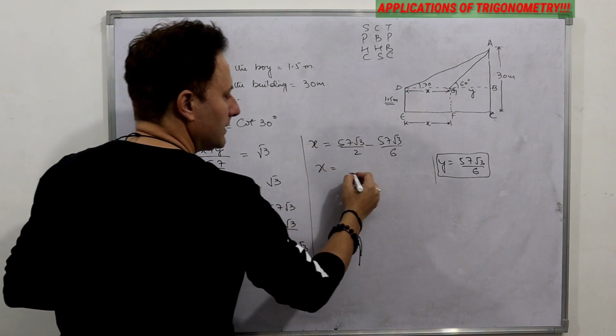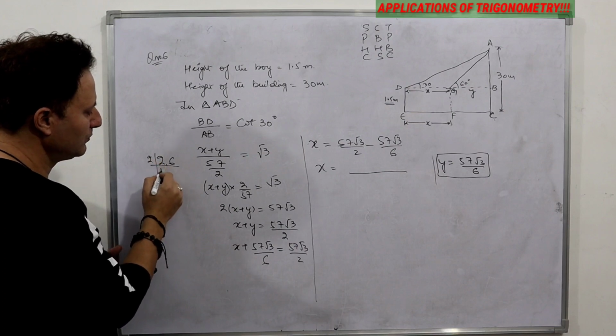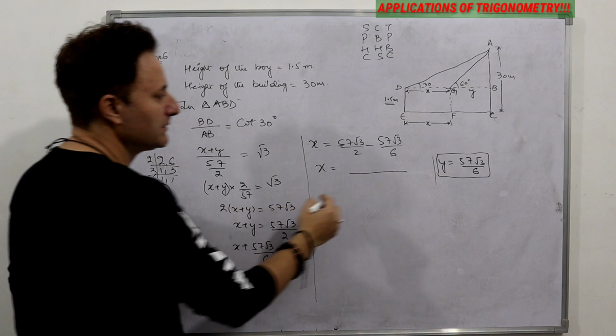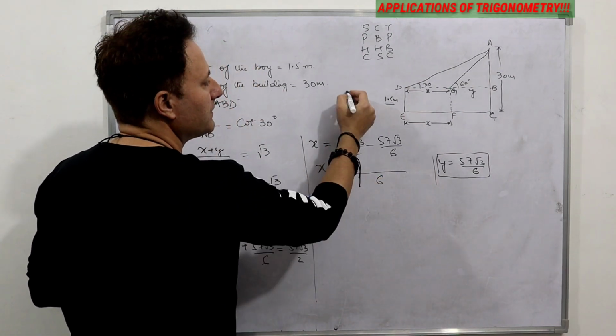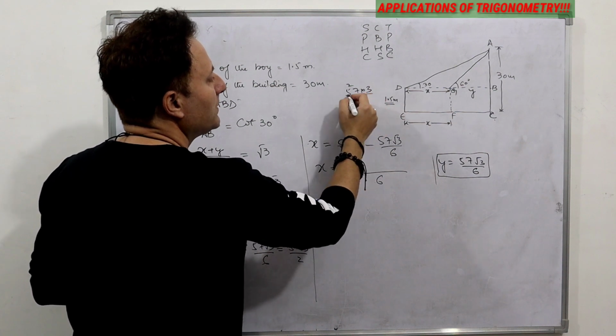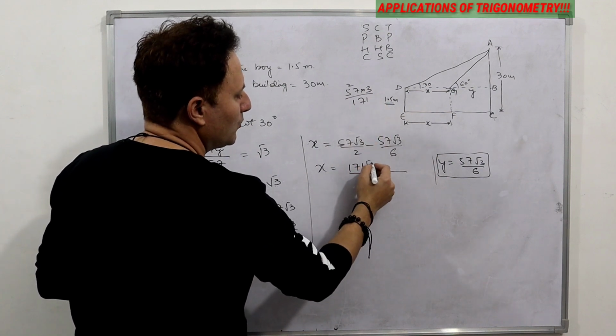So x. Now the LCM of 2 and 6 is 6, so let's take LCM here. 2 multiplied by 3 is 6, 3 into 57. So if we multiply 57 by 3, we get 171 root 3